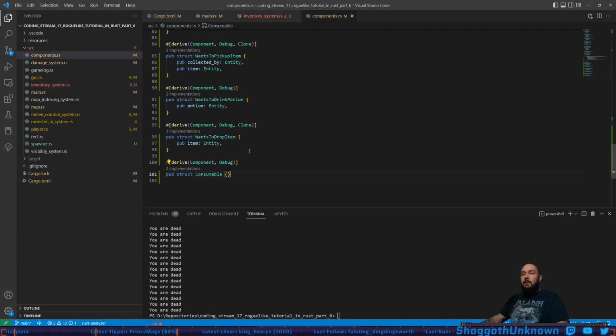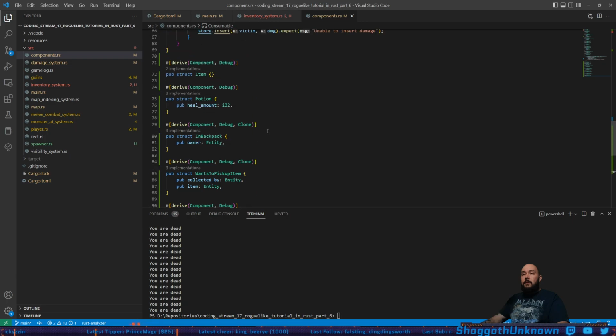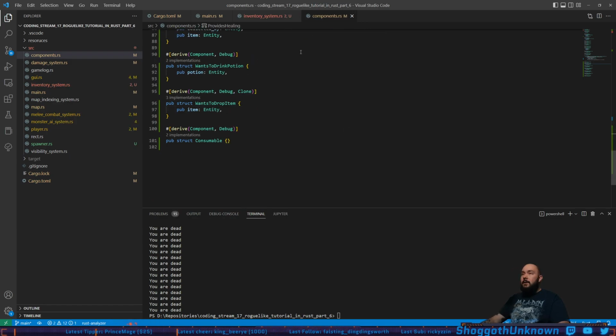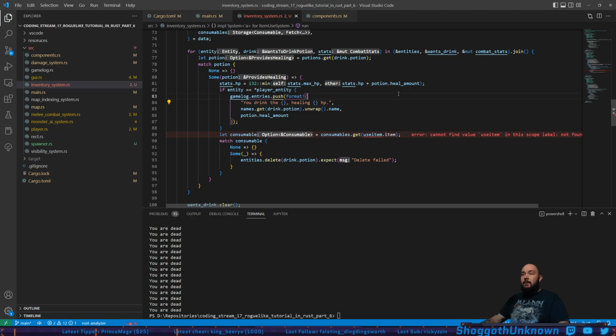Did we, okay, there's potion, yeah. So instead of potion, I guess we're going to say provides healing, and it already has heal amount, so we're going to change that. And then in our item use system,